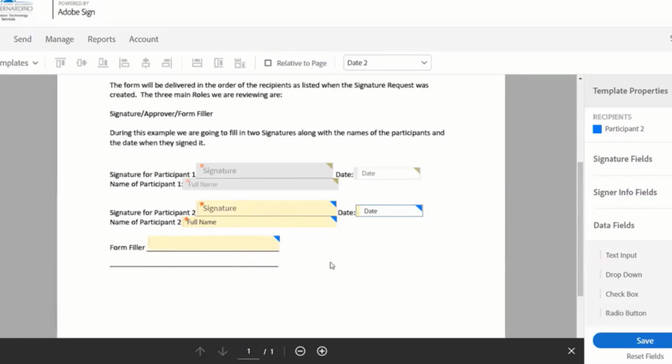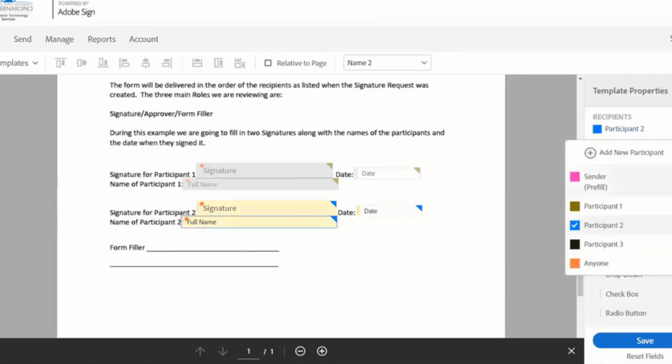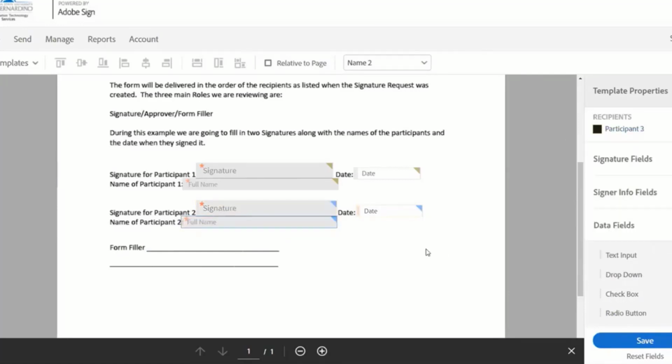Now, you'll notice I selected participant 2. I should have selected participant 3, so I'm going to delete that. Make sure I select the right participant. Okay, and I can tell by what? By the colors. So I'm going to drag text input. You can